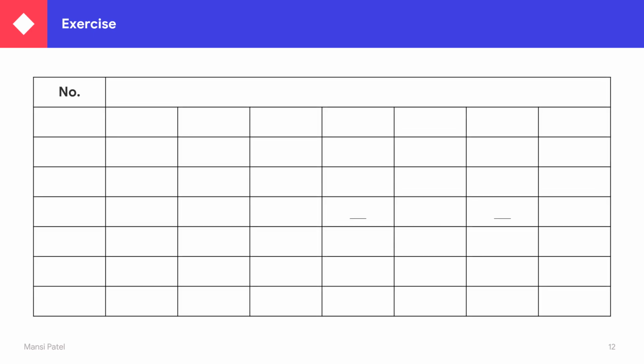Now we are solving some sequences regarding backward counting. Your first number: 222, 220, 218. You know that this is a sum of backward counting, and how much backward? 2. So after 218, 218 minus 2 is equal to 216. Then again minus 2, 214. Again minus 2, 212. Again minus 2, it's 210.